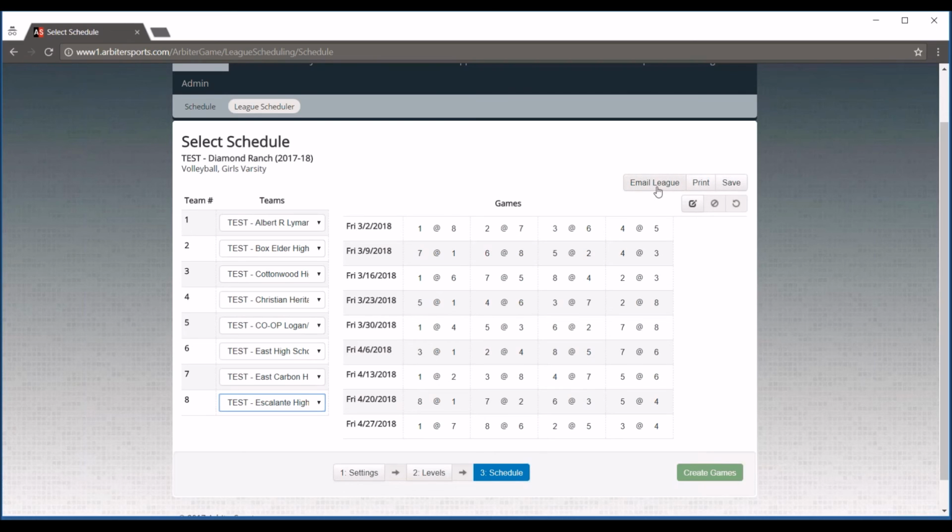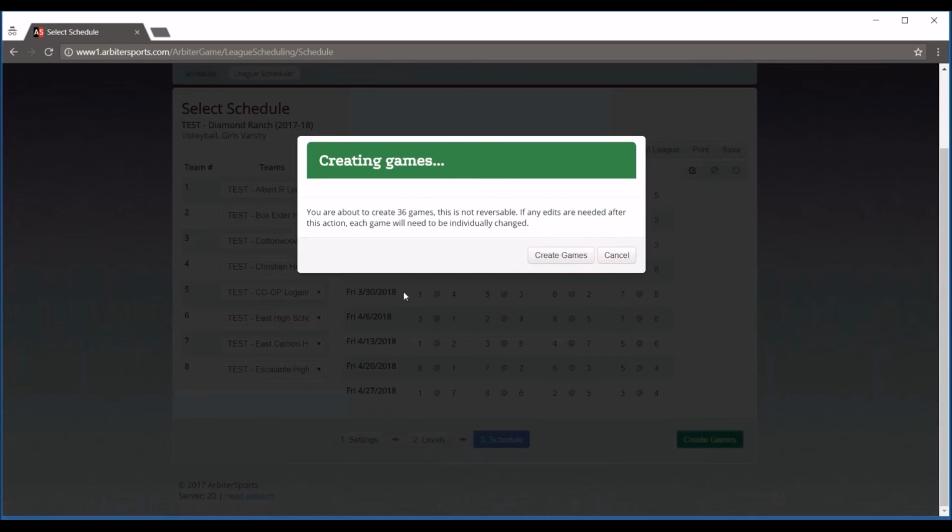Now that we've covered all of these options, you can hit create games. But once you hit create games, the system is going to give you a little prompt asking, are you sure you want to create 36 games? What we're really trying to do here is prevent any confusion. We're trying to make sure that you've already sent out that email, you've already printed the schedule and shared it with people, and you're good to go, because once you hit create games, it's going to disperse those games to